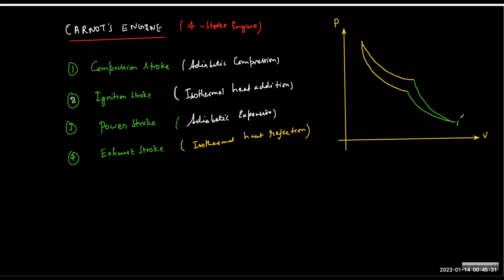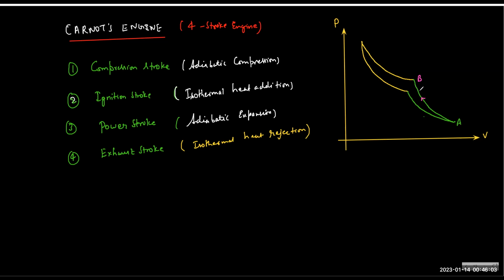So if I start from here, I can compress, and we have to compress adiabatically. So which graph? The top one, it's adiabatic, no? Yes, so when you compress, you go to the top one, because it's the adiabatic compression graph. You reach here, A to B, but then you add the heat